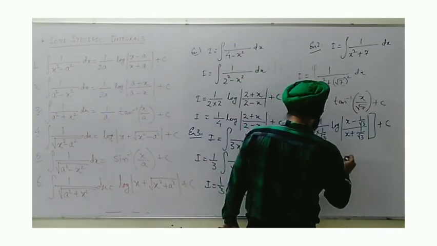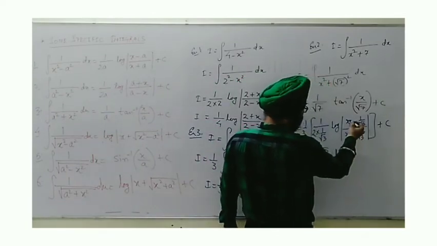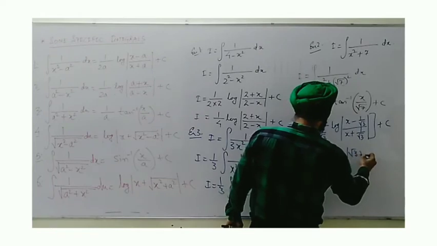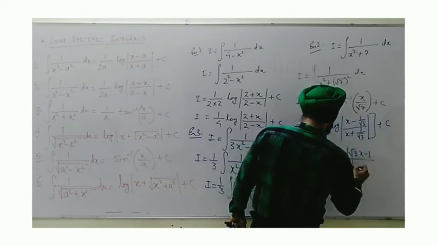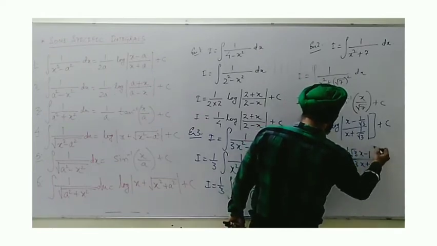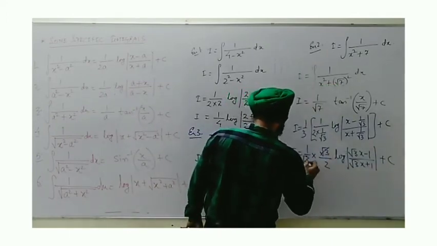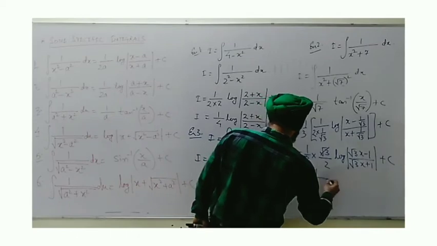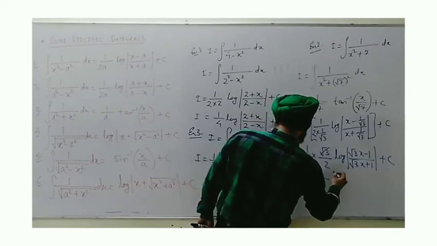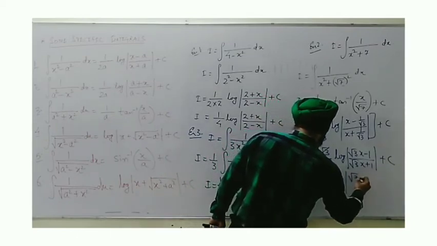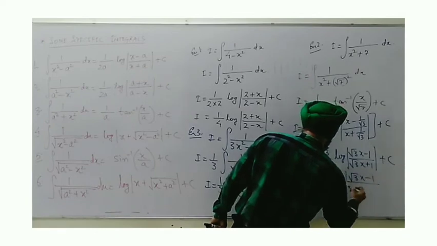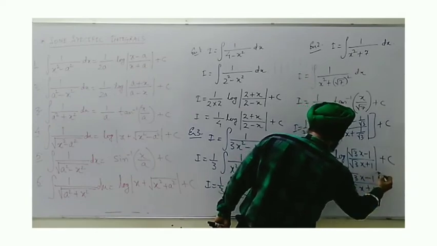This becomes log. By taking LCM, if we solve, we get root 3x minus 1 upon root 3x plus 1 plus c. This cancellation results in root 3 here. We get I as 1 by 2 root 3 log of root 3x minus 1 upon root 3x plus 1